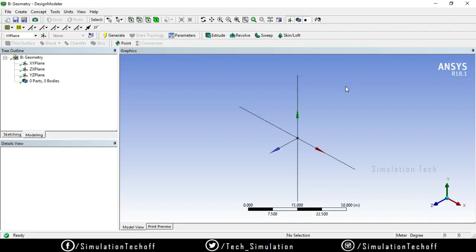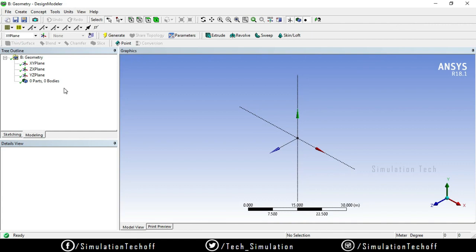So what does it mean? Graphical user interface. Let's see. This is my title bar, this is my quick access toolbar, this is some other tools, and this is my tree layout or design tree. Here we can access the various planes and features and the operations I can perform. For example, if I create a new sketch on this plane, that will be notified here. A new sketch is created here, right?